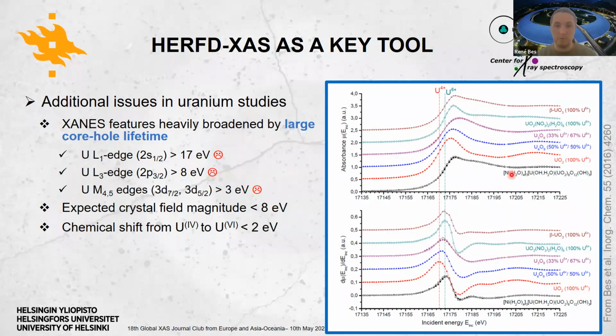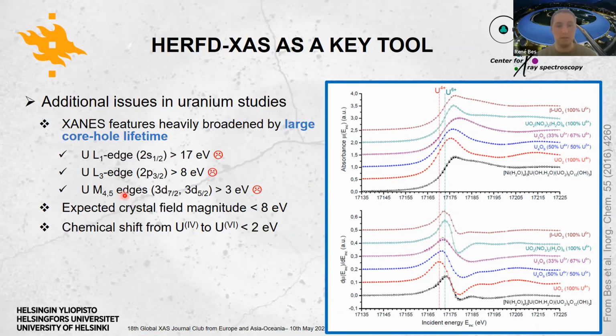And here you have an example of some studies we made in the past of different compounds. And you can see that all these features are evenly broadened. So some of the white lines here at the L3 edge are very broadened, but you cannot distinguish the different peaks which are making this broadening. And at the M4 and M5 edges, the broadening is even 3 eV, and that's why in the past, before the advance of high resolution, L1 and M4 were almost never used because you were not able to see anything